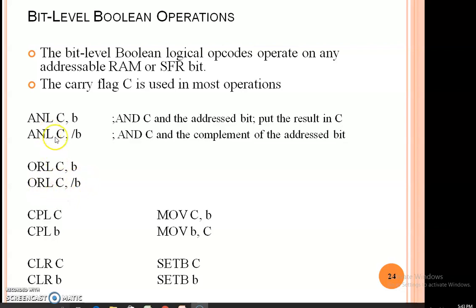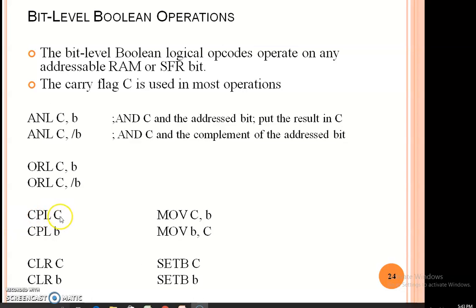You can do ANL and ORL with the carry flag and a single bit address. Here for small b, you can provide the single bit memory location, or one bit name of some special function register, or its position.